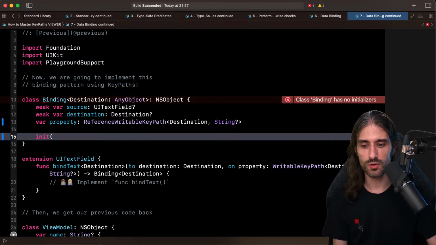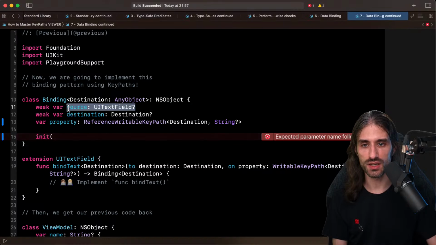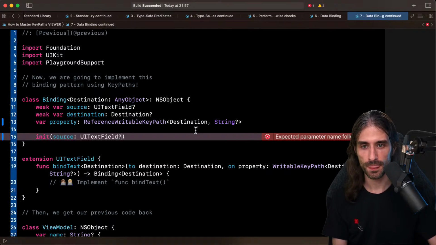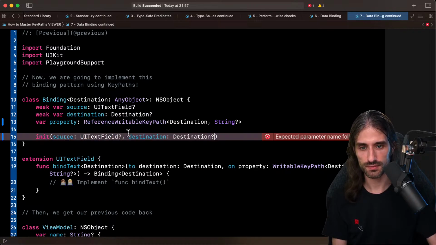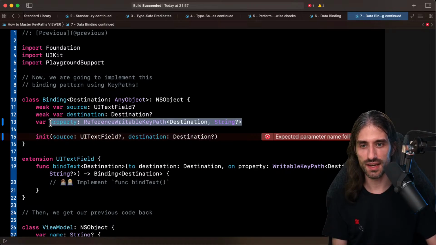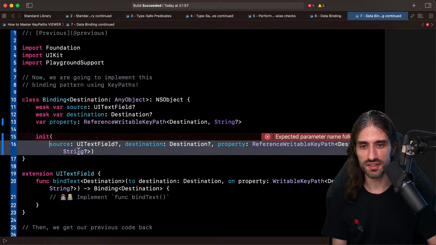So the init is going to take 3 arguments. Actually, it's going to be close to a member-wise initializer. So the init will take a source, it will take a destination, and it will take a property to write to on the destination.